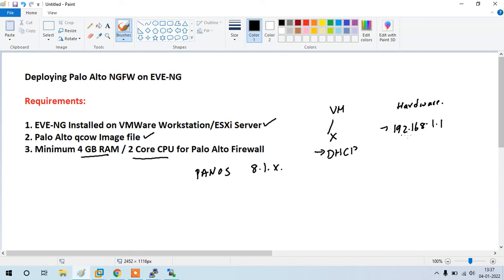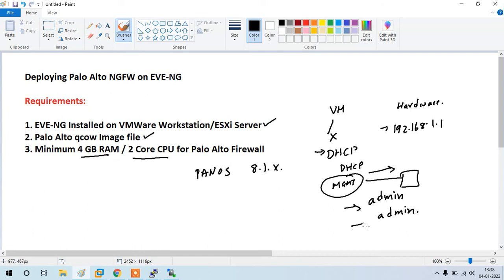Currently the Palo Alto box is connected with the MGMT cloud, right? That has a DHCP server, so it will get an IP address automatically. It will show on the console. The default username will be admin and the password will be admin again.